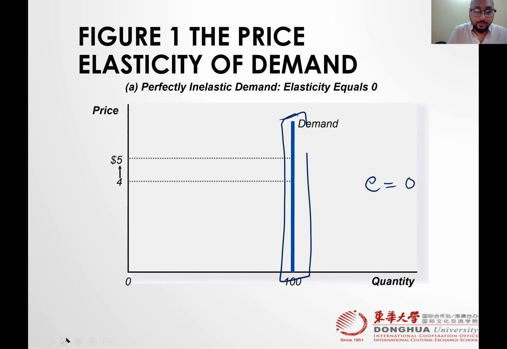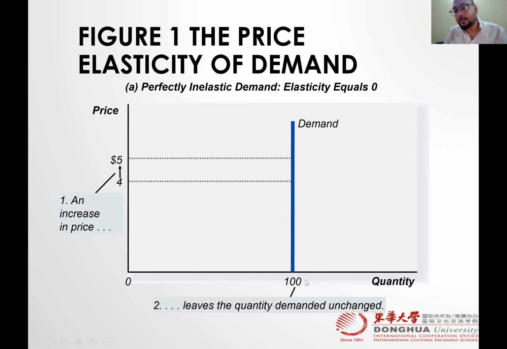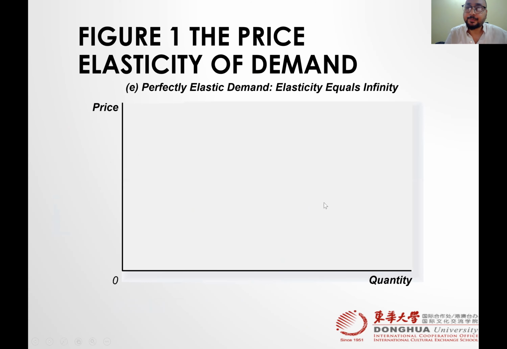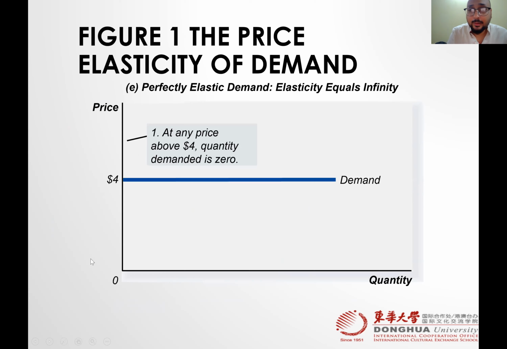What does it mean? It means price is increasing and there is no change in quantity demanded. People are still buying 100, whether the price increased from 4 to 5. Perfectly elastic demand. So if the price even increased to 4.1,